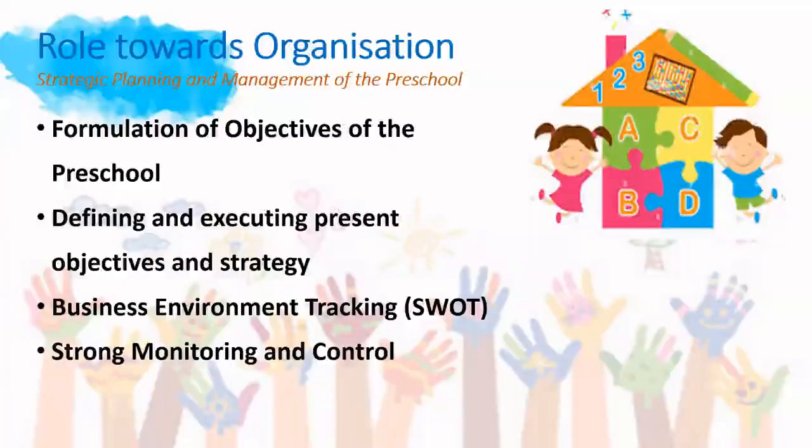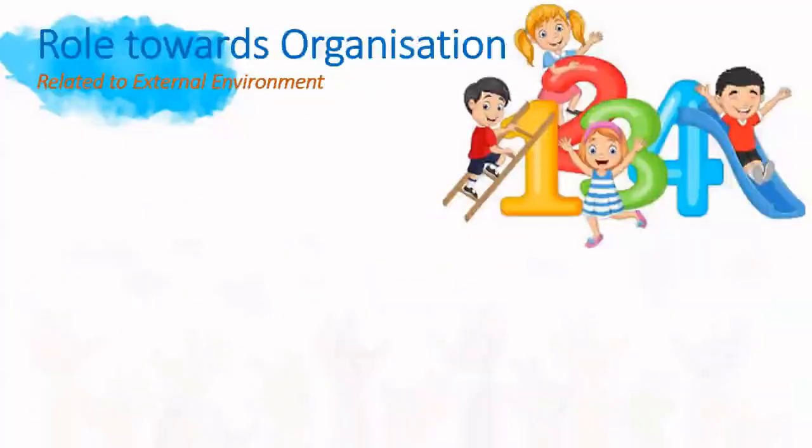A strong monitoring and control system is also important. When we lay down certain rules and regulations, all the staff members must abide by them, and there must be a system in place which ensures that all the rules and regulations are being followed without any deviation, and the administrator should be able to do that without any difficulty. So these are the roles towards the organization. Apart from that,